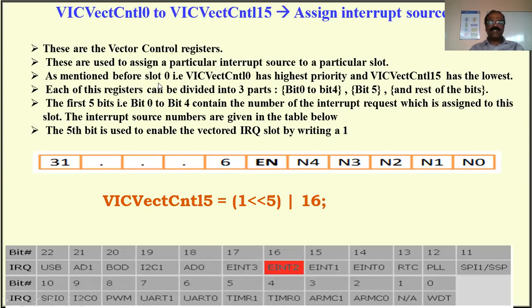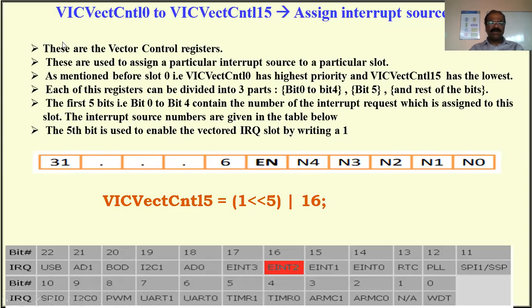As mentioned before, slot 0 has the highest priority and slot 15 has the lowest priority. We have totally 15 registers starting from 0 to 15.